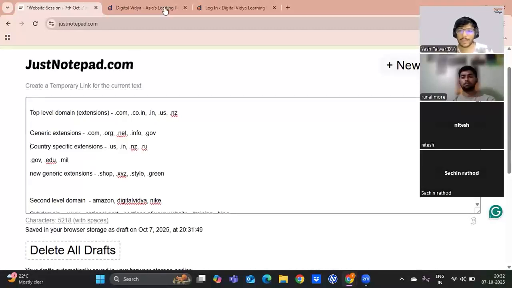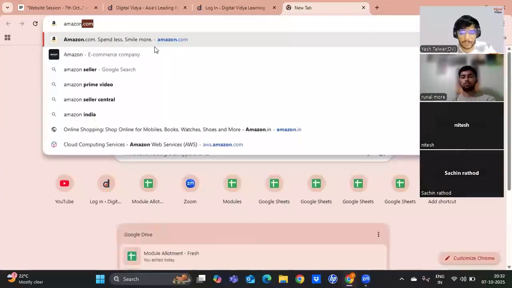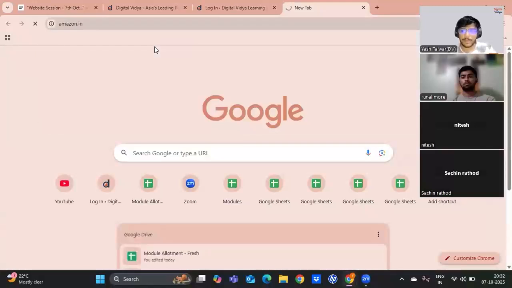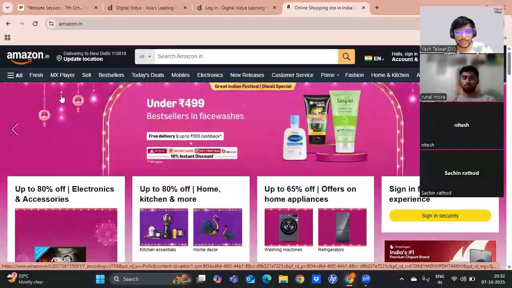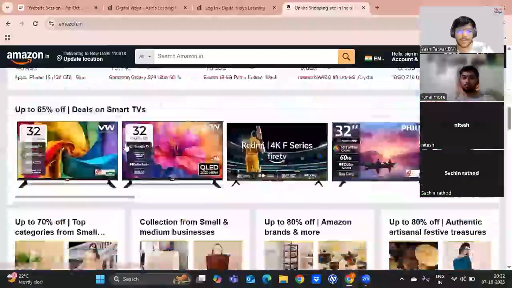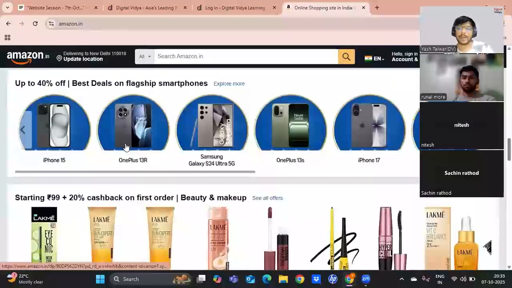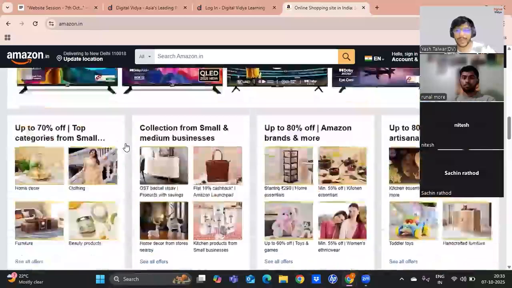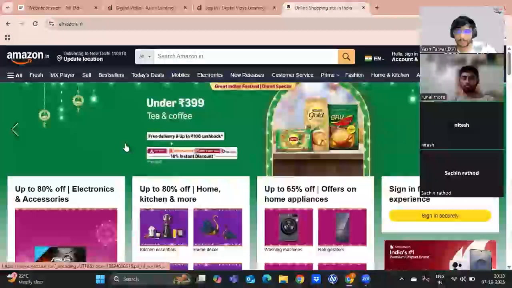A very good example in this case is Amazon. So if I visit amazon.in, this is their Indian version of the website, right? I am still visiting Amazon, but this is the website that is specifically built for India with all of the products and services that are available in our country, and the prices are also according to our country, right?